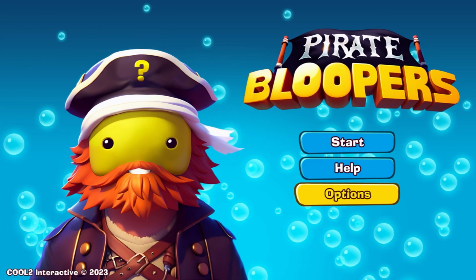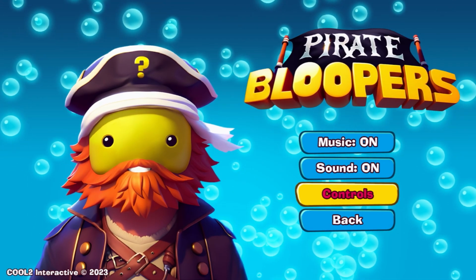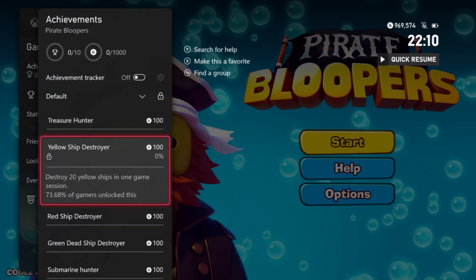This releases on the 18th of August 2023. It was developed by Cool2 Interactive and published by Desert Water Games. It can be found in both the Xbox and Windows stores for $9.99. During launch week it has a 20% discount, and yes, if you buy both copies you'll receive a 2000 gamerscore stack. Pirate Blooper is a top-down pirate ship survival game where you'll need to survive several waves, collect treasure, destroy